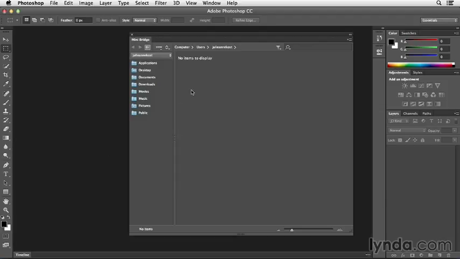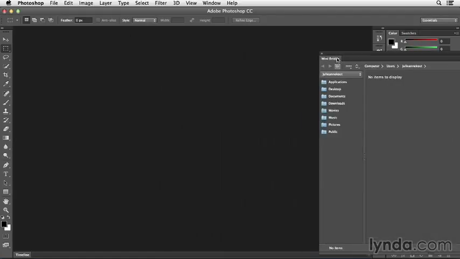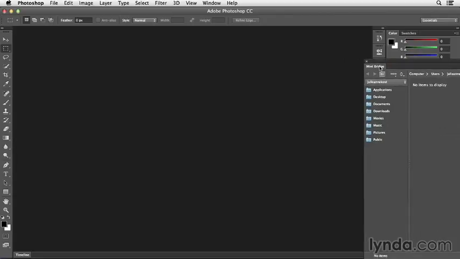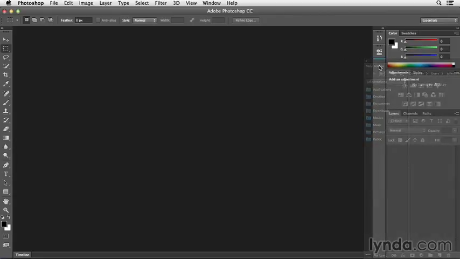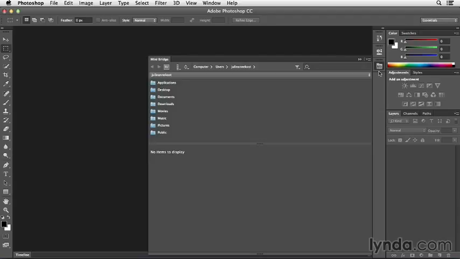If I want to dock Mini Bridge with my other panels over here on the right, I click on the Mini Bridge tab and then position my cursor right on top of the other panels. You can see when I have that one solid blue line, that tells me that I'm going to dock Mini Bridge as an icon with those other 2 iconic panels. So I'll release my cursor and we can see Mini Bridge has become docked. If I want Mini Bridge to be revealed, I'll click where it says Mini Bridge and it will fly out